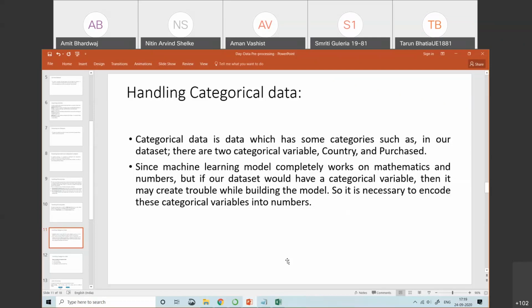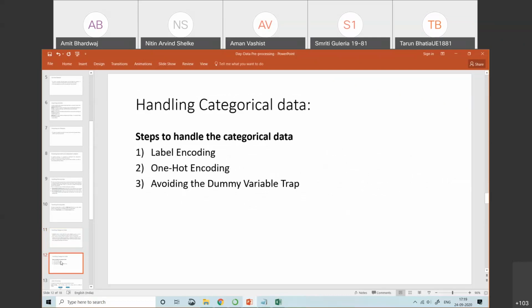Now, how to handle this categorical data? To handle the categorical data, we have 3 steps when we use the sklearn library. The first step is label encoding, the second step is one hot encoding, and the third step is avoiding the dummy variable trap.